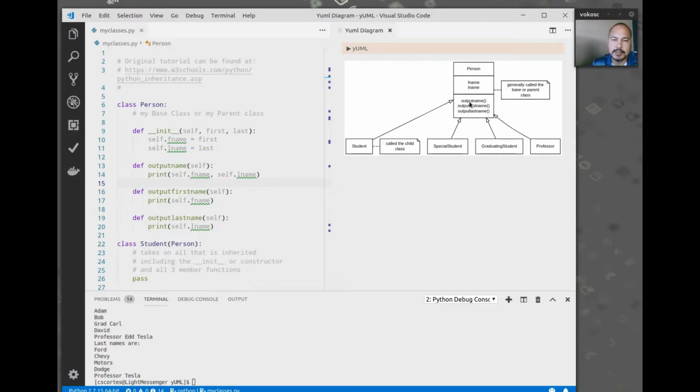And that's why student and special student and graduating student and professor, they all point back to their base class or their parent class. And these are normally called child classes or children. Okay, so notice that the base class does not inherit from anybody,